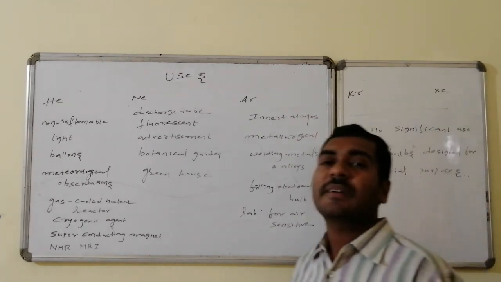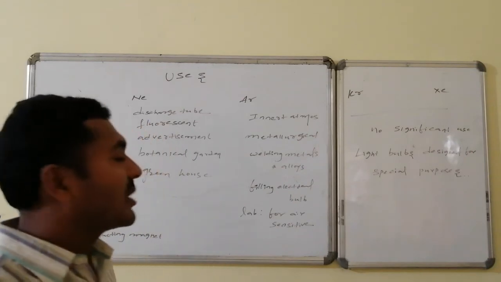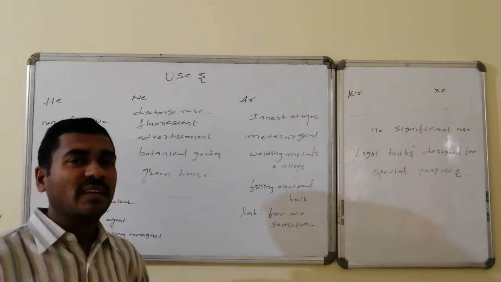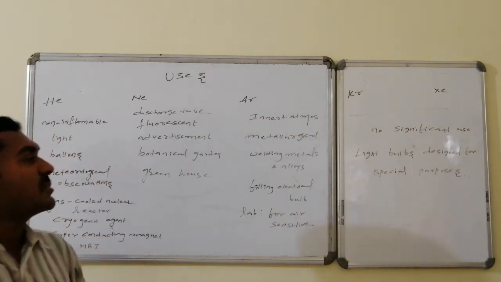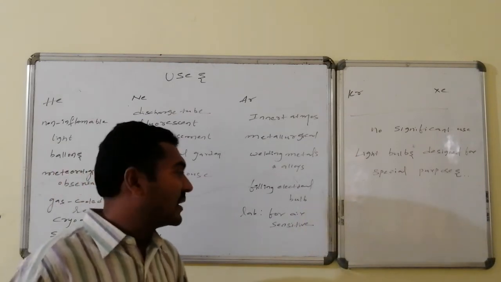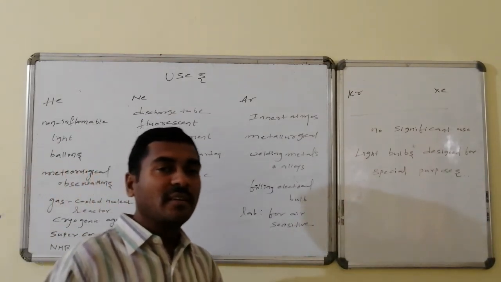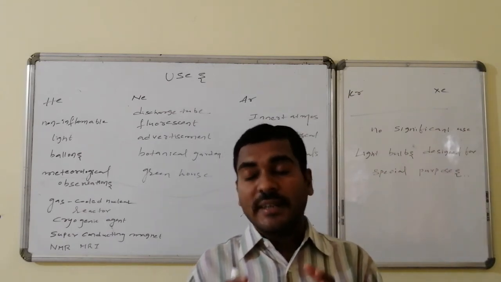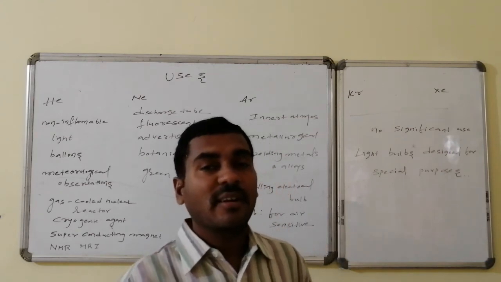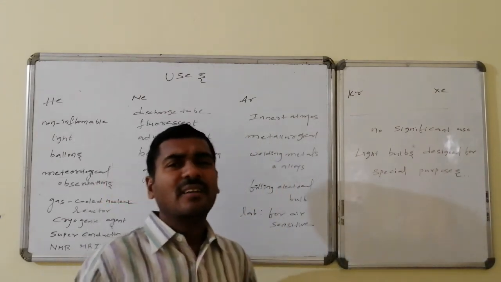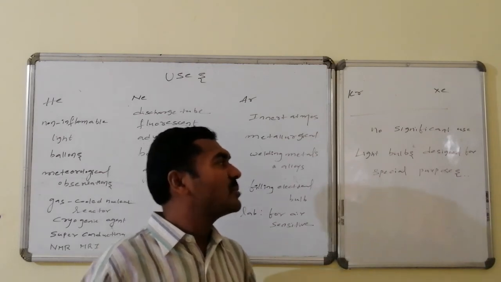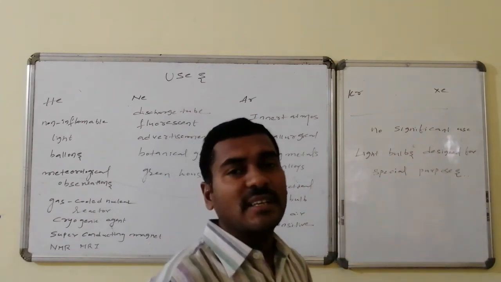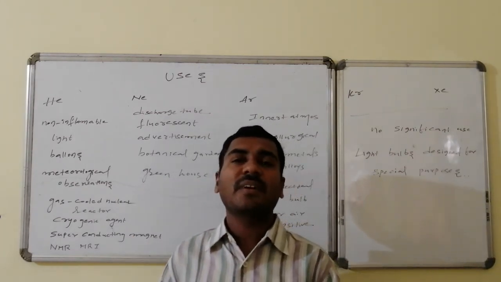Argon is generally used for creation of an inert atmosphere, whereas in metallurgical operations where inertness is required, that is provided with the help of argon. Welding of metals and alloys is also done under the inert atmosphere of argon itself, and for filling of electrical bulbs, especially in laboratory chemical transformations where an inert atmosphere is required. That inert atmosphere is provided by argon. Whereas krypton and xenon do not have much significance. Special light bulbs designed for special purposes are generally filled with krypton gas as well as xenon gas. Hence, these are the applications.